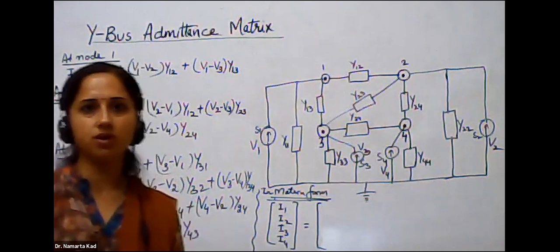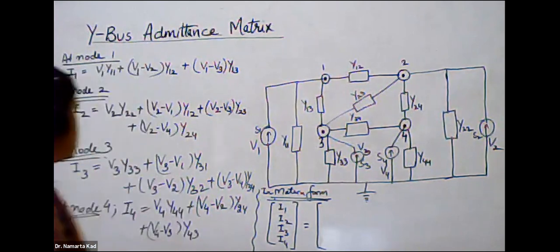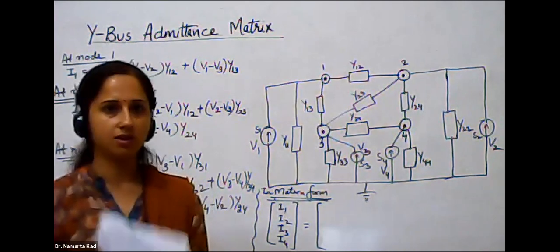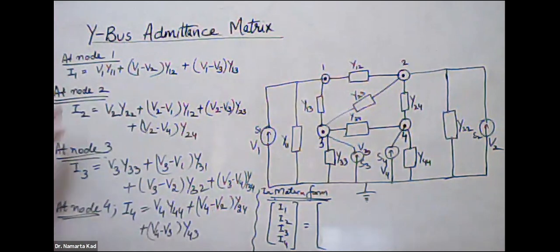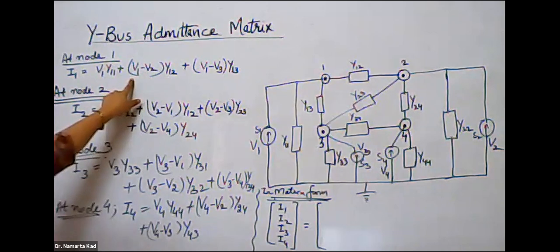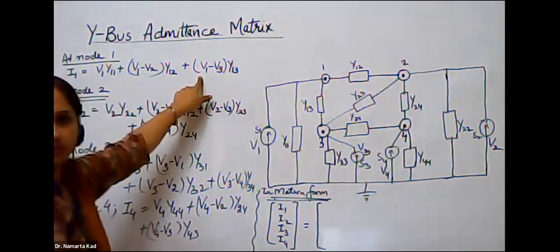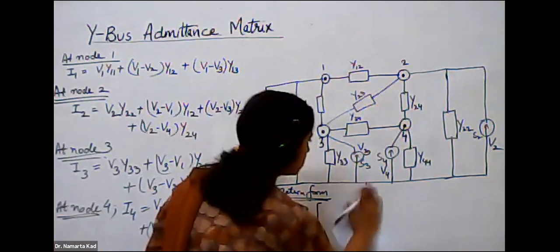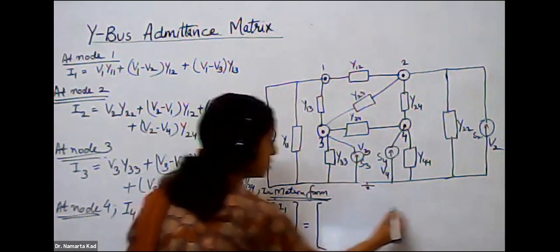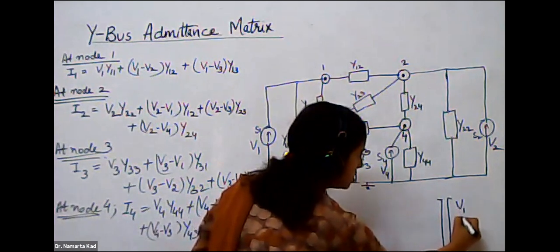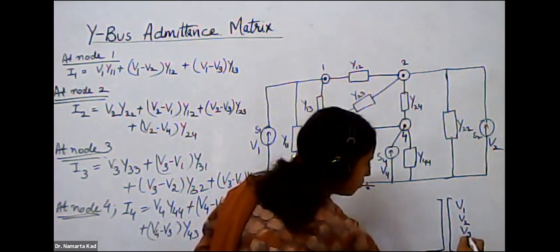Okay, voltages corresponding to the bus number 1, 2, 3 and 4. Okay, and admittances, that means both self and mutual admittances are there. Okay, so it can be written like this. Like if you see the first equation, so there is y11 into v1. Okay, y12 into v1 and y13 into v1. So if I have to write down one complete big matrix like this, I just mark here, and one matrix is for the voltages V1, V2, V3 and V4.